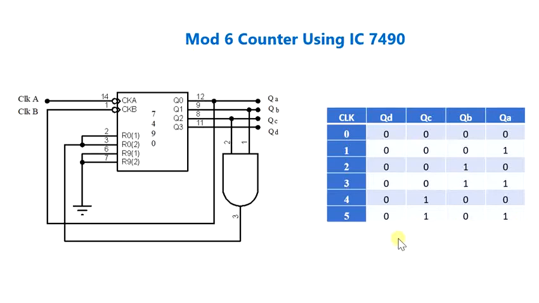For decimal representation 6, binary would be 0110. That means QC and QB are the ones which will be equal to logic 1. Now if you want QC and QB to be reset and obtain the same condition as the one obtained for clock input 0, we need to make use of QB and QC, which have to be ANDed together and given to the reset inputs. So that is what has been shown here. We have ANDed QB and QC and given it to the reset input pins.